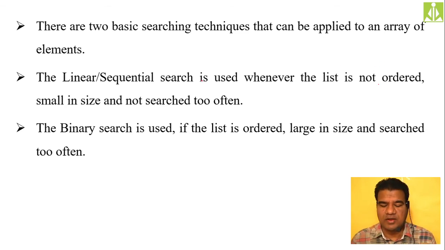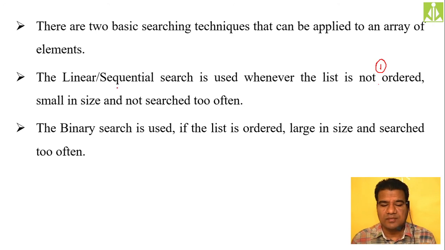Hope you understood what I mean by ordered. So sequential search, when do we apply it? When the list is not ordered. This is the first criterion. Only when the list is not ordered we have to go for sequential search, because there is no other option. Binary search always requires an ordered list, either ascending or descending. For linear search, there is no such criterion. Whatever list you have, ordered or unordered, you can take as input to linear sequential search.